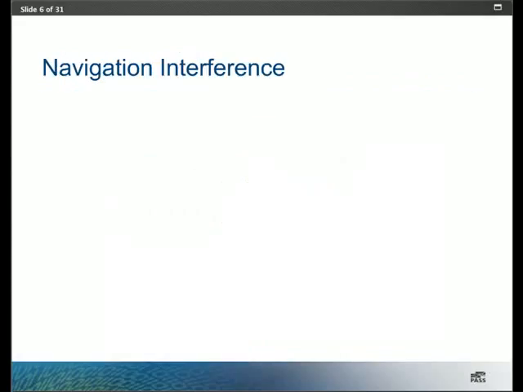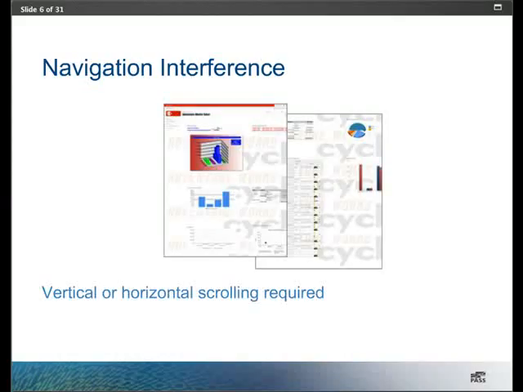So problem number one that we need to resolve is how to manage navigation, or to put it more succinctly, don't rely on navigation to display the dashboard. I call it navigation interference when the user has to scroll either vertically or horizontally to see everything on that dashboard, or even when you use multiple pages, like the PerformancePoint dashboard can set you up for.